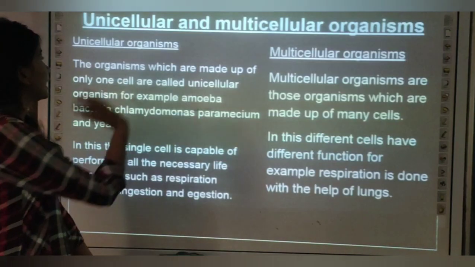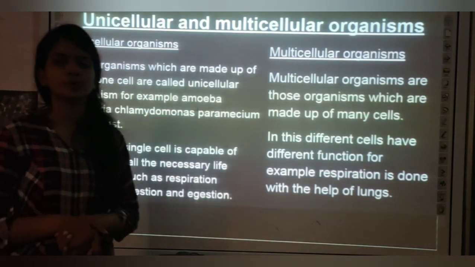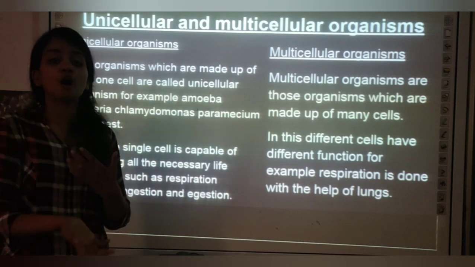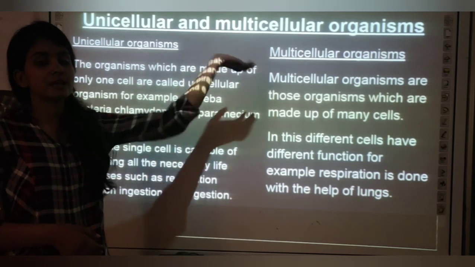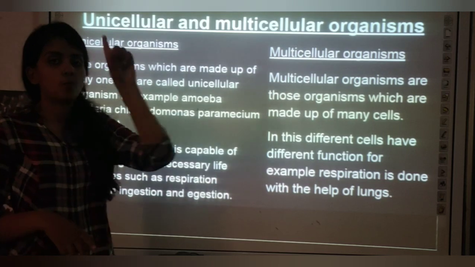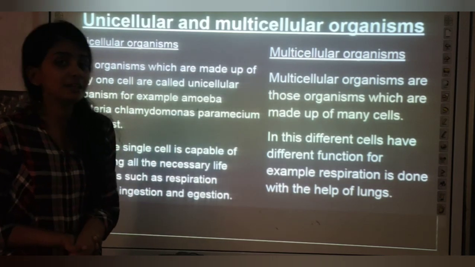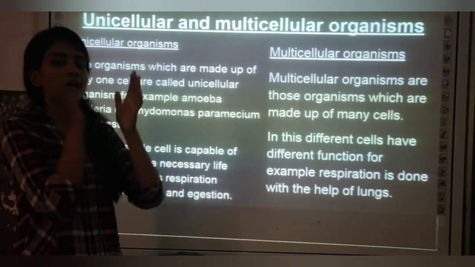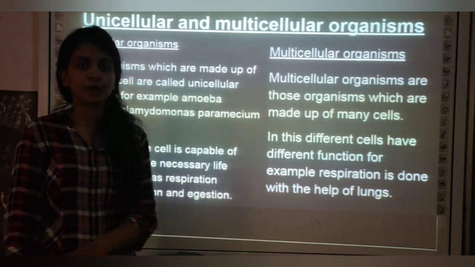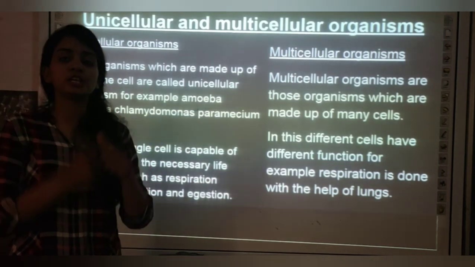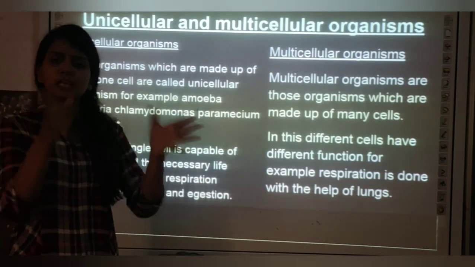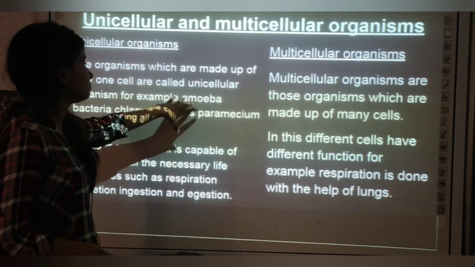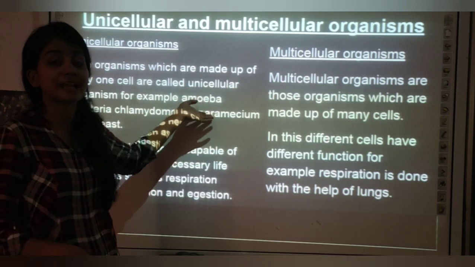Okay, so next is multicellular and unicellular organisms, because these cells combine together to form unicellular as well as multicellular organisms. In unicellular, one single cell is there, for example, amoeba. In multicellular, all the cells combine together to form multicellular organisms. Here, excretion, egestion, respiration, digestion, each and everything is done by a single cell, which is why you can say unicellular. For example, in amoeba,